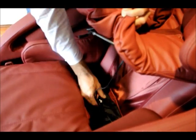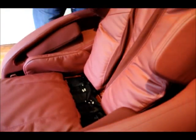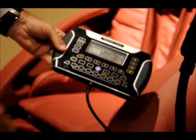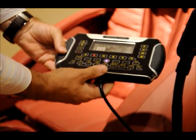There's an 11 hose, a 12 hose, a 5 hose and a 6 hose. You just line those up to the appropriate labeled hoses on the backrest, and then you zipper the backrest to the seat of the chair, and then there's one more zipper on the top of the backrest, and then you're up in operation. Once you have the chair completely assembled and you have the remote cord plugged in and you